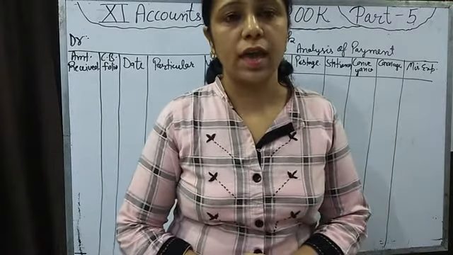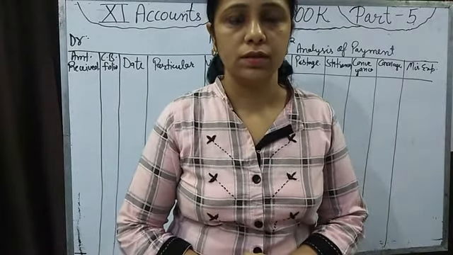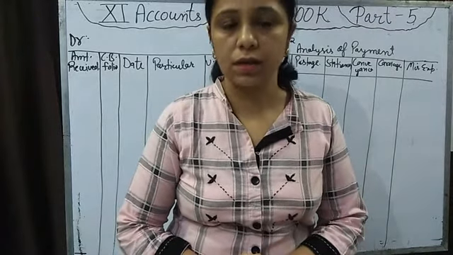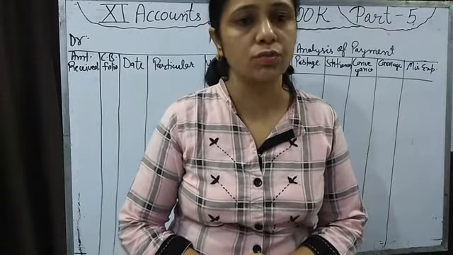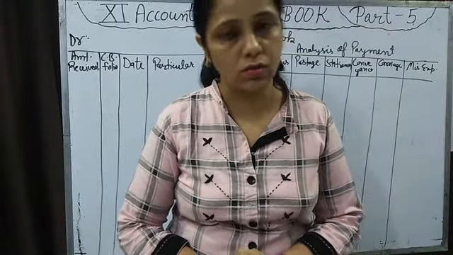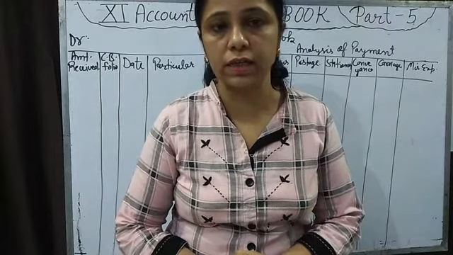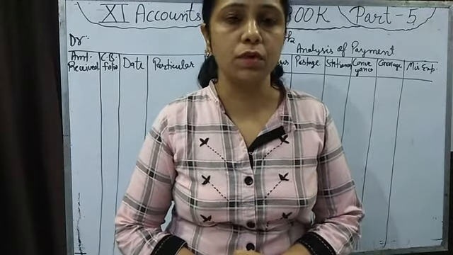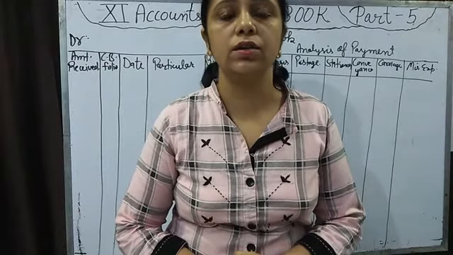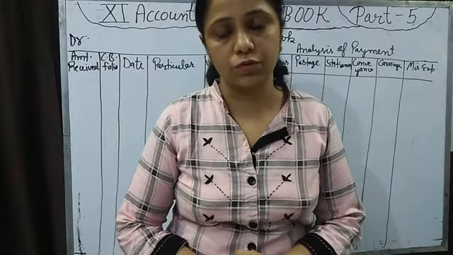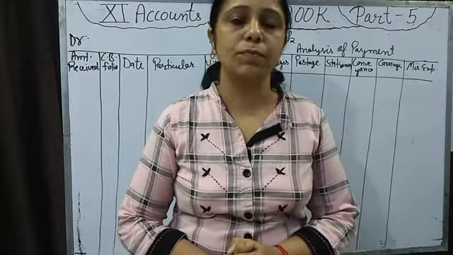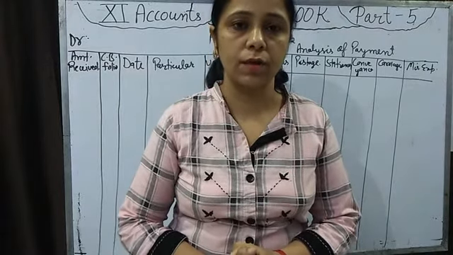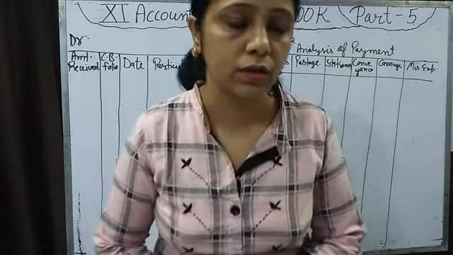We have started the cash book last week, chapter 11 in your book, and we have discussed the single column cash book and double column cash book. We have also practiced questions related to the single column and double column cash book. Now one cash book is left in your syllabus, the petty cash book. What is petty cash book and how is it prepared? Today we will discuss this. Okay, let's start. Open your book.